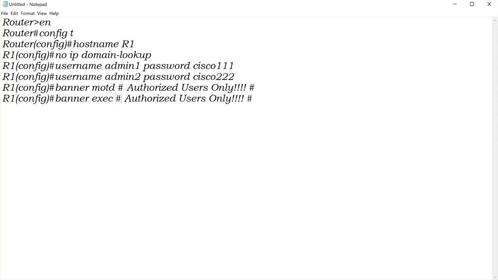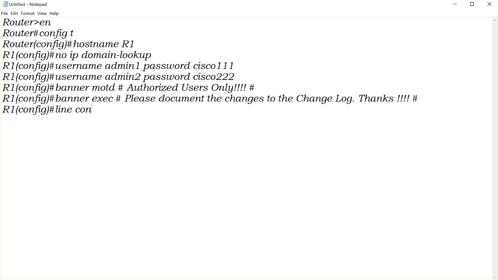Login, once you do MOTD, most of the people right now are using MOTD as your only message rather than putting a login message as well. So exec was once he logs in, please save or write or document is a better word, the changes to the change log. Thanks. So message after he gets into exec mode. So a couple of exec messages over there, and then under my console port, line con 0 or console 0,